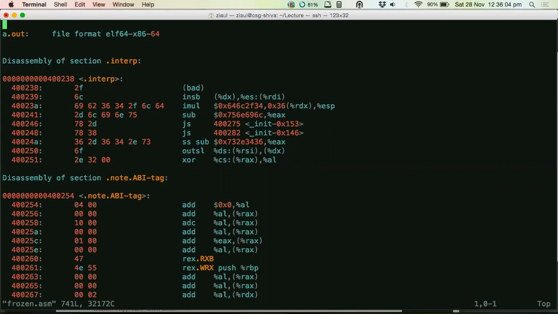If it had been some other instruction set, like 8085, or MIPS, then if your system had been a MIPS system, these instructions would have looked different.